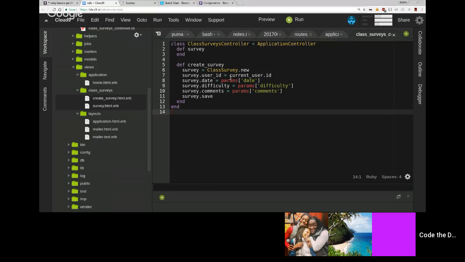Okay. So that's the first thing, that's a good practice: each model has its own controller. Now the other thing is that